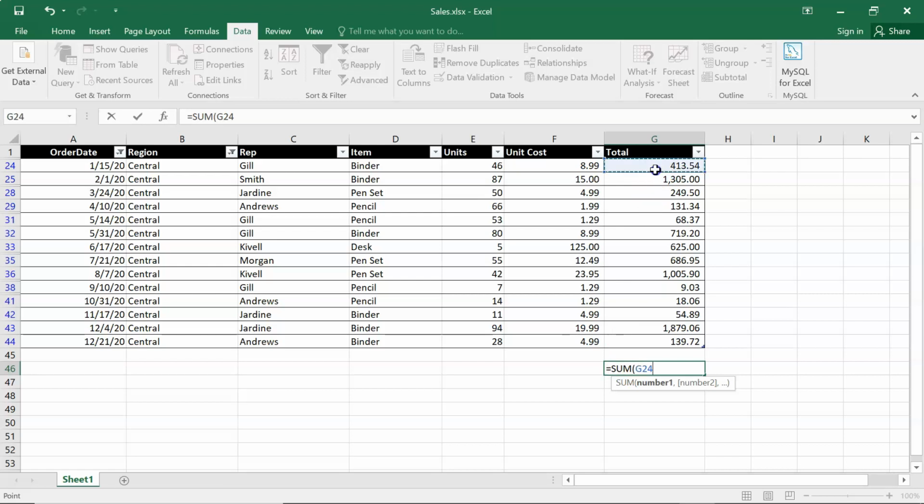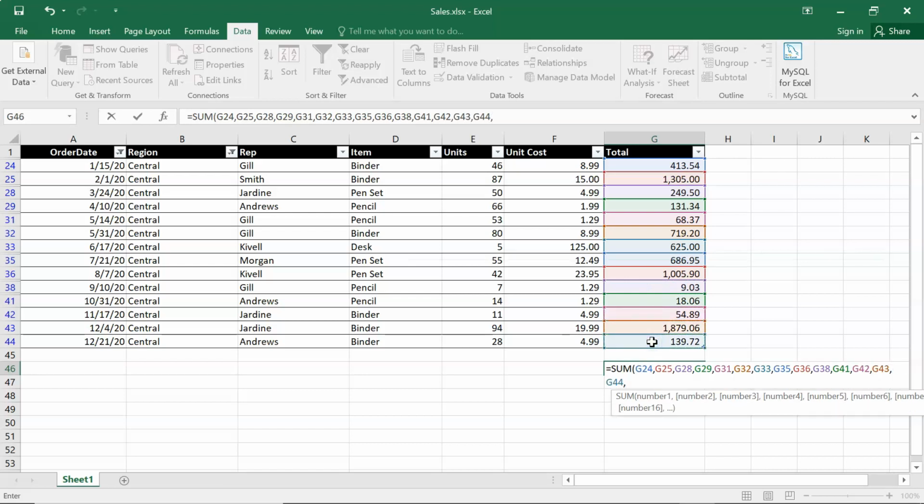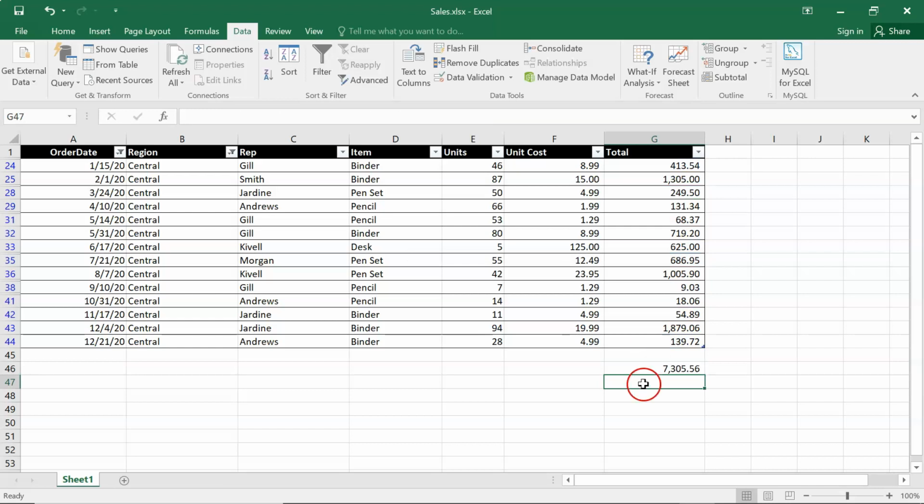So I can just simply use sum, and put everything comma separated. So it will have a sum of all the values. Alright, so I got 7305. Let's say I want to display a bar chart for this total after this filtered data.